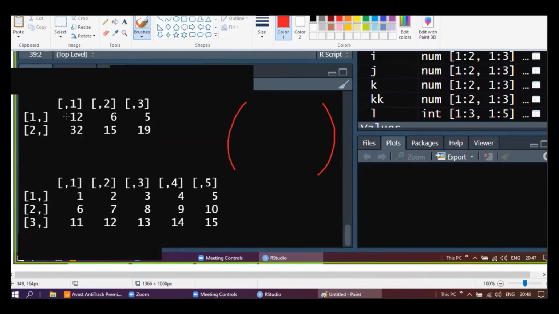So you have to multiply the first row with the first column. When I say first row first column, it's actually